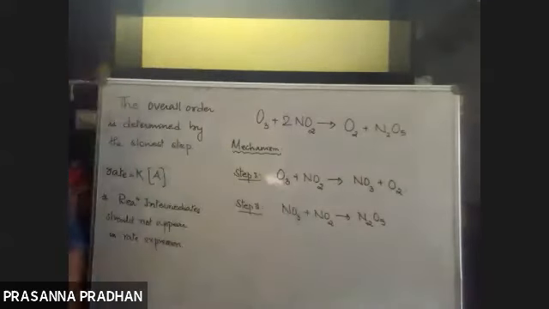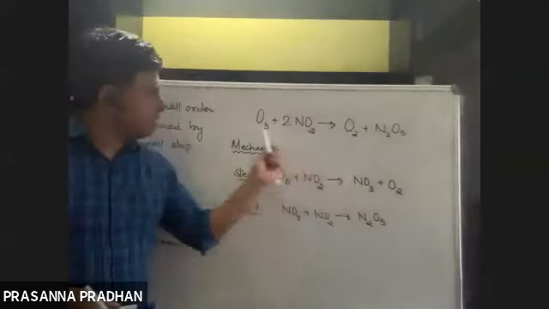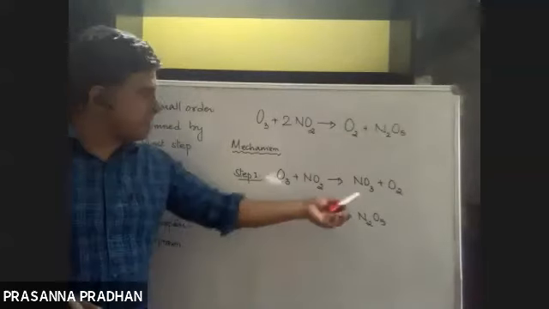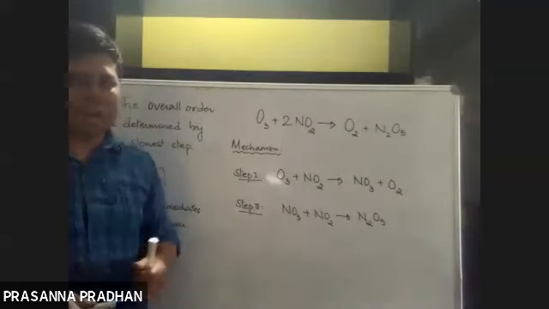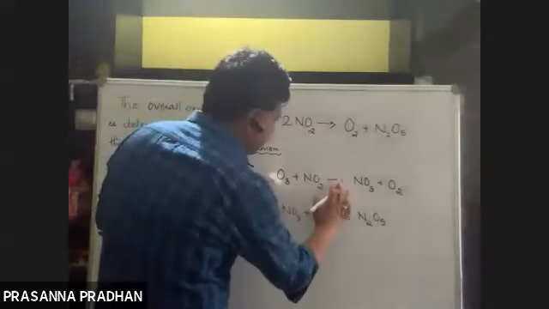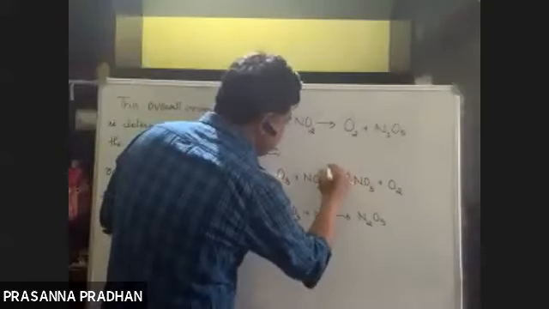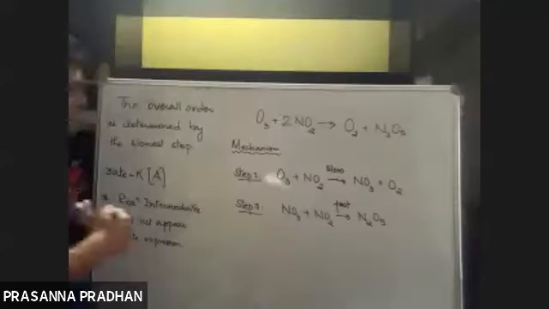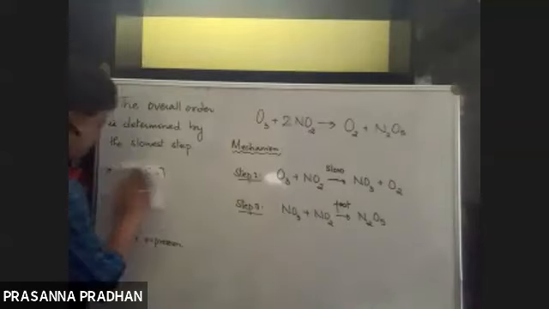If you add these two equations, what will you get? NO3 will get cancelled. Do you see any NO3 in the overall reaction? No. So what is the reaction intermediate here? NO3 is the reaction intermediate. It is formed, but does not appear in the overall reaction. Now, it should be given in the question, obviously; otherwise we can't say just by looking at the equation. So suppose step 1 is the slow step and step 2 is the fast step. It will be given, don't worry.